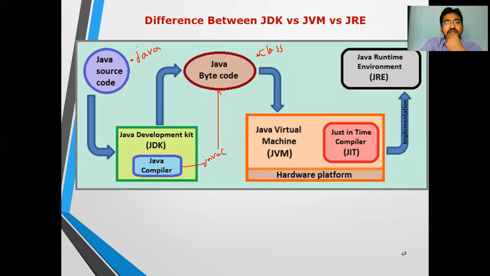Now tell me the definition of a compiler, the Java compiler. Can you tell me the definition? Converting Java source code into Java bytecode is called the Java compiler, or converting Java source code into a class file is called the Java compiler. Clear? Where will the Java compiler be available? In the Java Development Kit. As you said, JDK equals JRE plus development toolkit, so in the development toolkit, they are going to compile it.